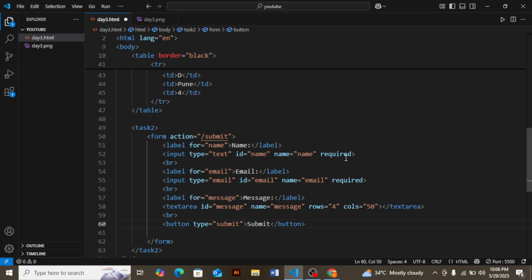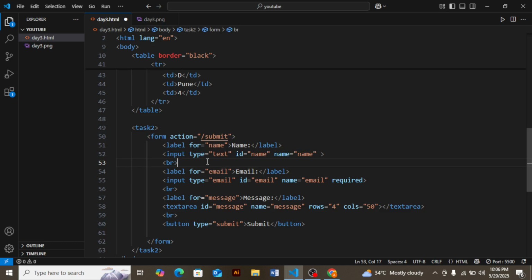Required means if the person wants to submit the form without filling in the name value, it's not submitted. It pops up a notification that they must fill in this name entry, and then it's submitted. If we want to remove it, we remove it, but for show I have the email with the required attribute. Then we have the message,